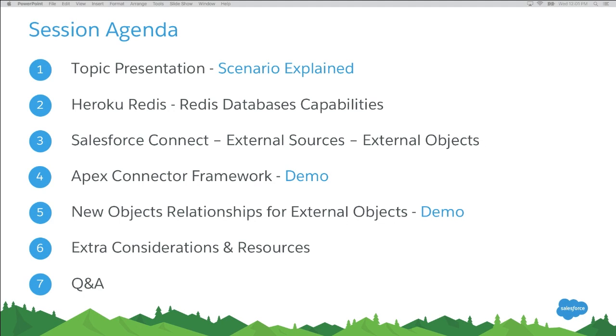Just to check the audience, how many of you know what Heroku is? Great, a lot of people. How many of you know what Heroku Postgres is? Fewer people, great. And what about Heroku Redis? Fewer people, absolutely predictable. After that, we are going to work with Salesforce Connect, and with Salesforce Connect come new external objects